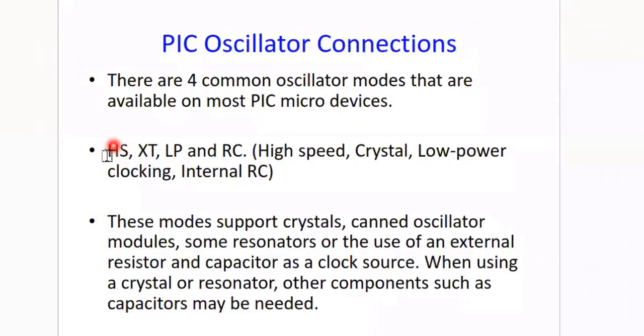High speed mode will take more power, and this XT mode will take less power compared to the high speed mode. And LP, as the name implies, takes low power only. And this RC mode is used for even very low power. This will take very less power for this operation. And this is not reliable. This RC is not very accurate, so this RC mode cannot be used for time sensitive applications. So these are the details about HS, XT, LP, and RC mode of oscillators. And we'll see this one by one.